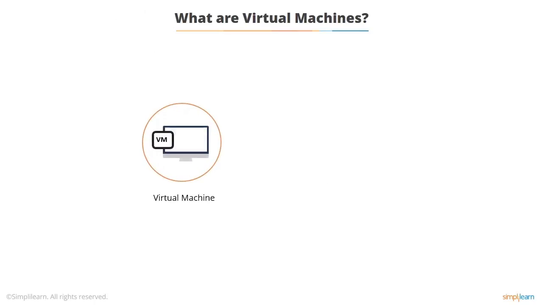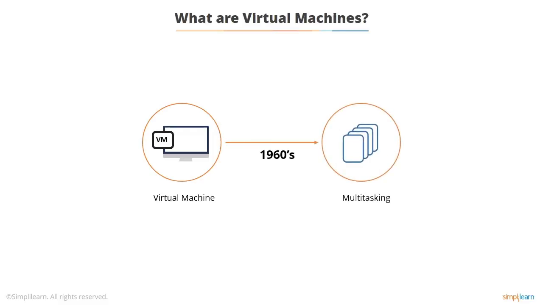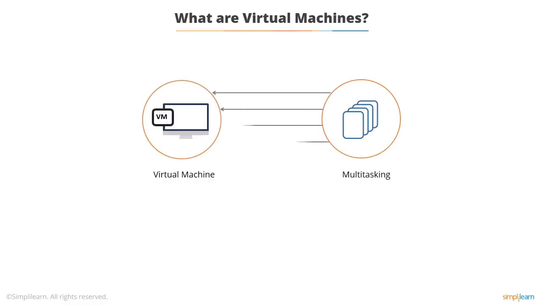So we have the concept of virtual machines. Now, you might think they're fairly new, but they're not. They've been around since the 1960s because the big mainframes of the 60s used virtualization to do multitasking. So typically every single program more or less ran in its own virtual machine. And each program appeared to have full access.